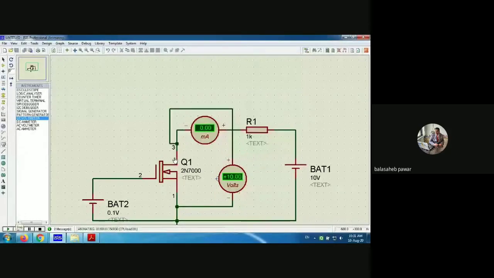So how much is the VDS? VDS equals the applied voltage. As that transistor is connected in parallel, we can say, with respect to this battery or VDD, the drain voltage measured by this voltmeter with respect to source, as it is acting as an open switch, the measured voltage across that transistor will be equal to VDD. Do you agree with this? Yes or no? Or are you getting confused?